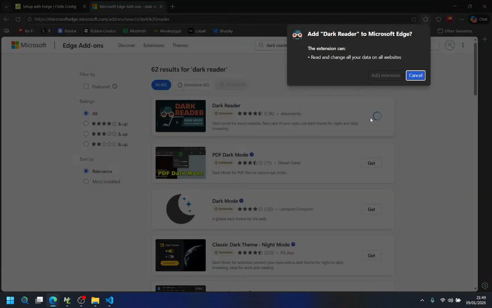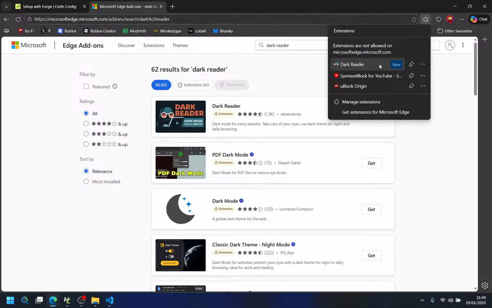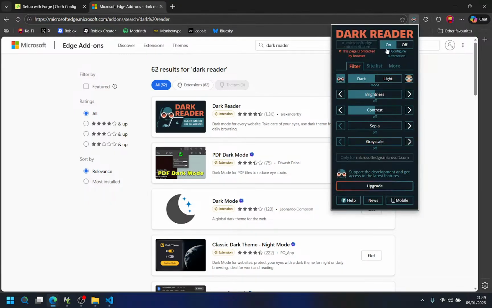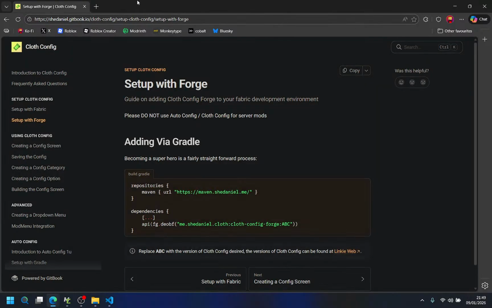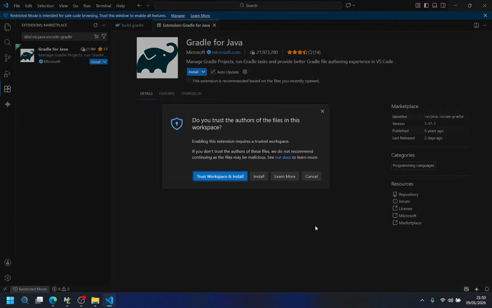It is here. Why didn't it pop up already? Anyway, start reader on. This page is protected by browser, but this one isn't. Oh, that's much better. Alright. So, I don't know why. Okay, let's install the recommended extension.